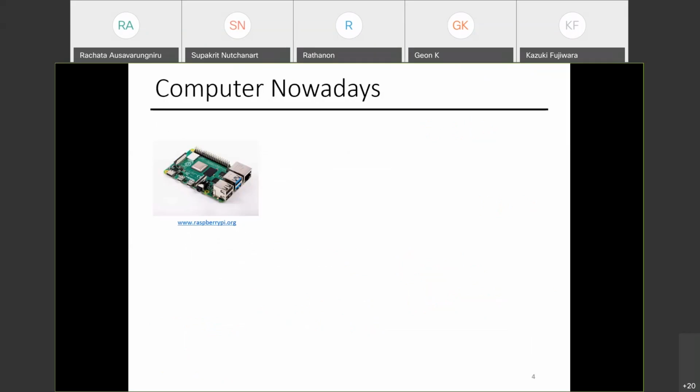There are embedded devices like the Raspberry Pi that you can buy. This is a cheap device, a simple machine, but it runs. It's a full-blown computer. You can install Linux on it. You can use it to emulate a PlayStation 2, for example, or an old Super Famicom and play it on the TV. It can actually drive the output to the TV.